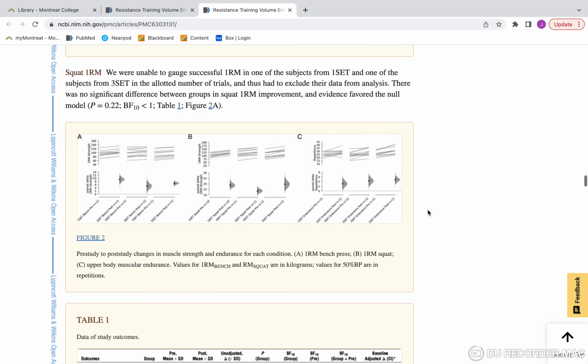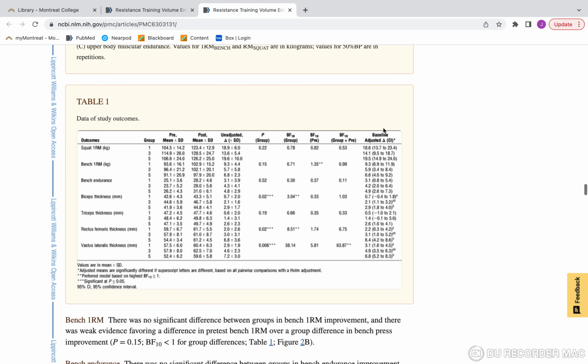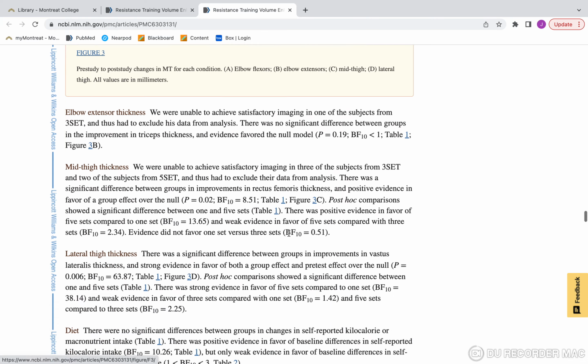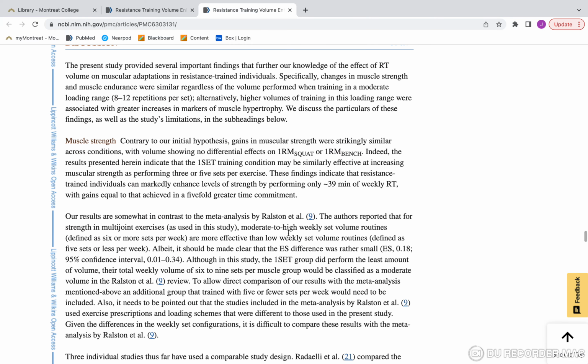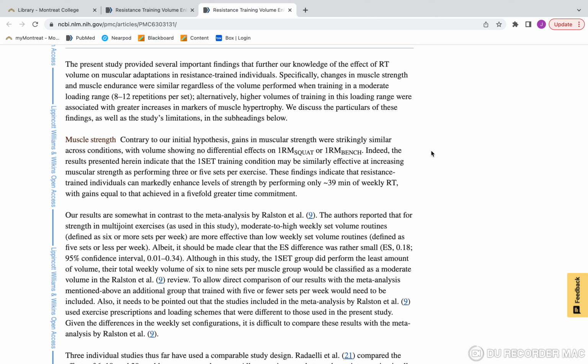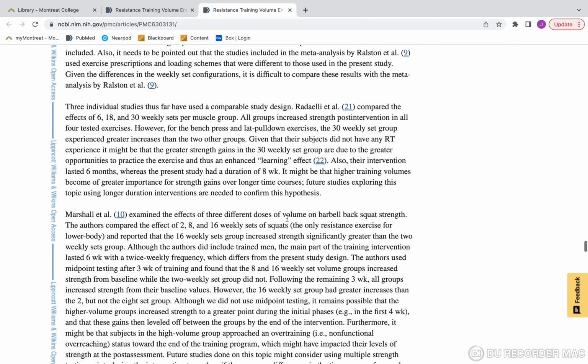Okay, we go on, we get the data about the squat 1 rep max. So we see here's the data, here's the stats that was run on that data. We move on, again, data. And then we get to the discussion. Now, before we gave just purely data in the results, now the discussion is giving the opinions about why that data happened. So we can go through and we can see their explanation about why volume was associated with muscle hypertrophy, so the actual size of the muscle, but it didn't correlate to strength. So they explain why.